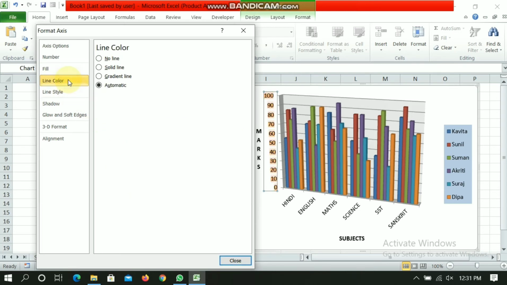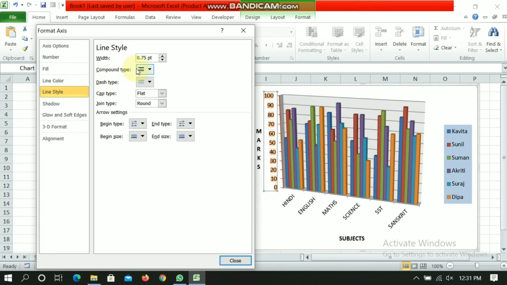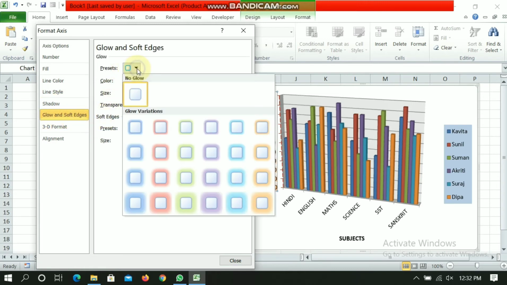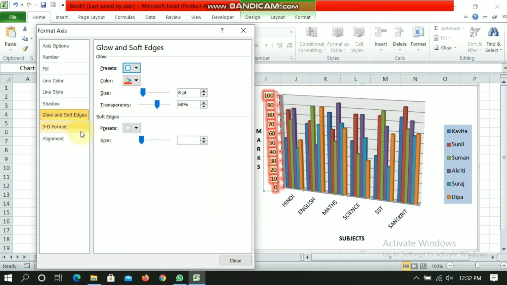And you can change line color, you can change line style, you can change the glow and edges, like this.